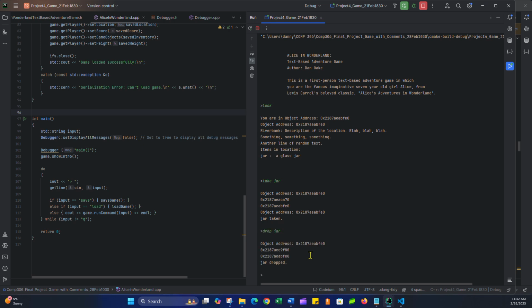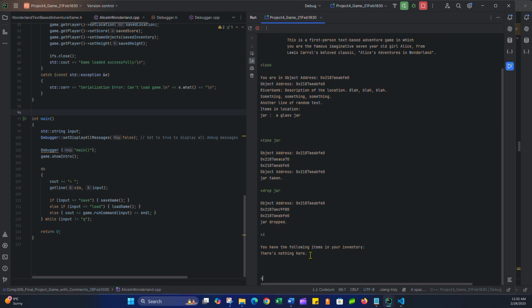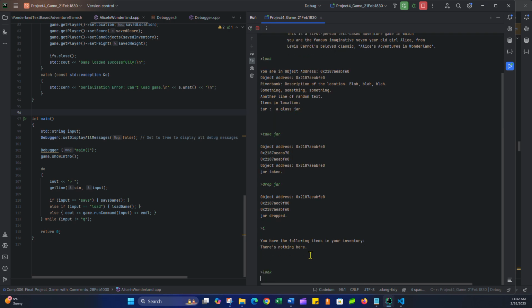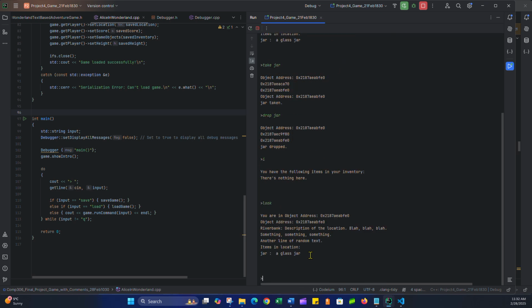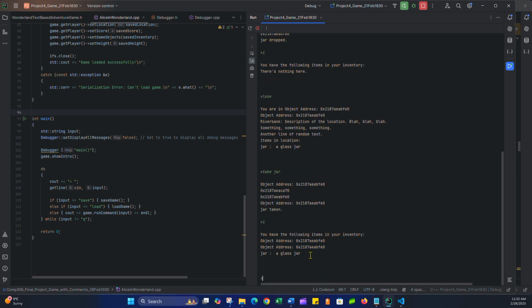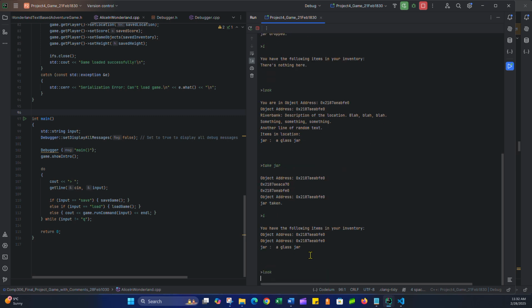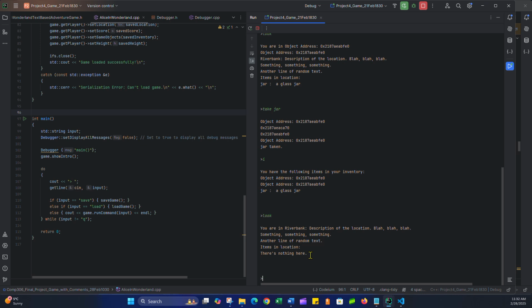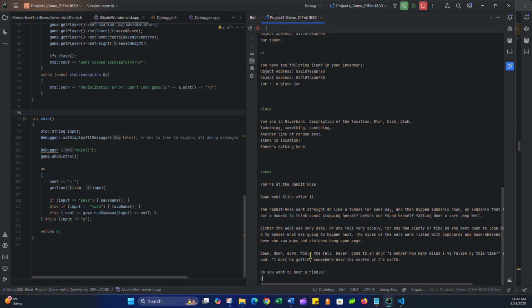Jar's back. If I look in my inventory, I have nothing. If I look in the location, the jar's there. If I take the jar again, I probably could have done this more efficiently. Now if I look in my inventory, I have a glass jar, and if I look in the description, there is nothing. If I go east, I enter,